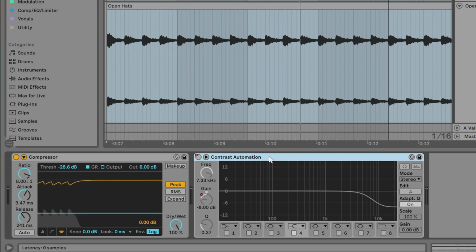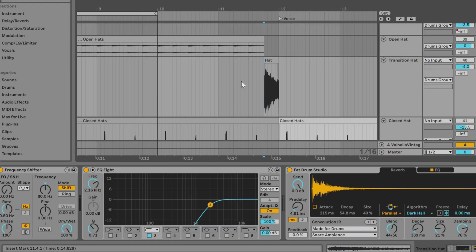Samples overlapping one another, compressed. This is the layer that keeps the energy levels high during the intense sections. There's an automation to reduce the highs everywhere except for the intro. I noticed that in the original song and replicated it. There's also this transition open hat that happens every 8 bars to anticipate the next section.